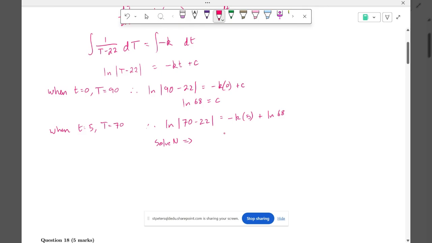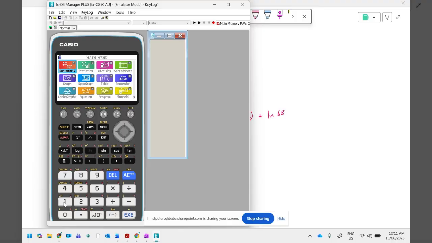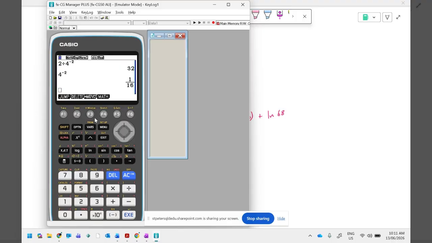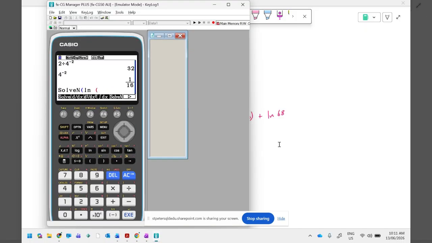I can use solven on that expression to try and find the value of k. So if I bring up my calculator, just in the run matrix, is it options, calculate, solven, and we had the natural log of 70 minus 22. What's that? 48. You could just type in 70 minus 22. Let's do that. 70 minus 22